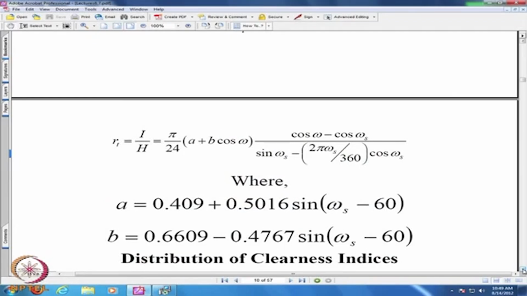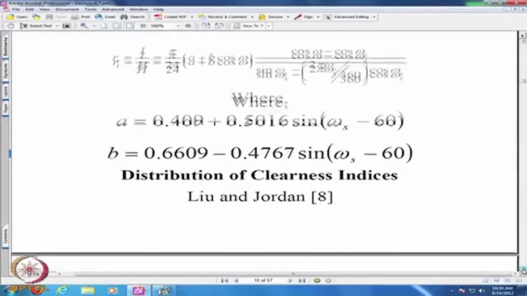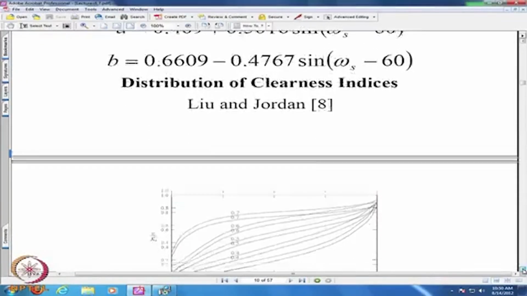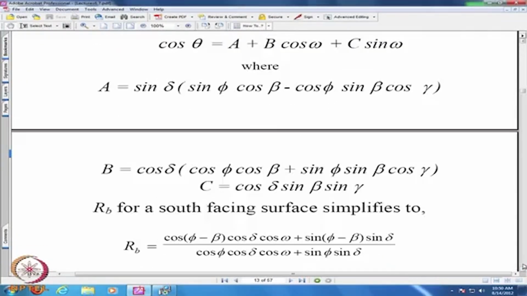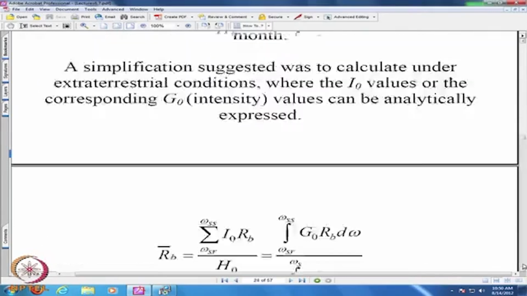Though these themselves are not accurate, they are representing some sort of a distribution on the terrestrial surface, and eventually you will bring in the diffuse fraction in the calculation of RB bar T if you use these correlations. That is one part we shall discuss in detail, how to evaluate under terrestrial conditions and what are the types of errors that will be encountered compared to extraterrestrial conditions,